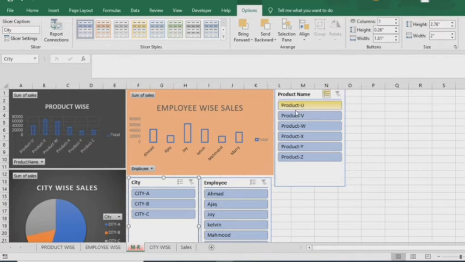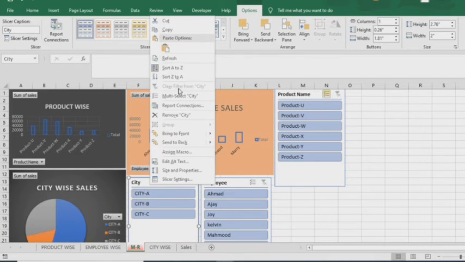This is how we can link each other. If I want to see only product U in different cities, how much sold and which employee sold it, I want to make this analysis by linking these charts to each other. These slicers can be linked to each other. First of all, I will link the city slicer to the employee wise and product wise slicers. Then I select city CTA, and I can see CTA total employee wise sale and product wise sale.